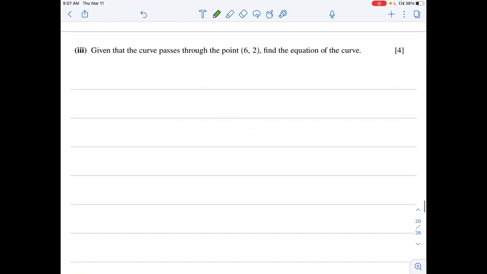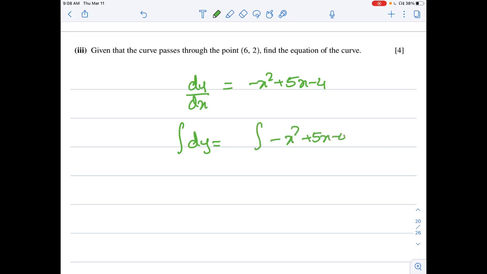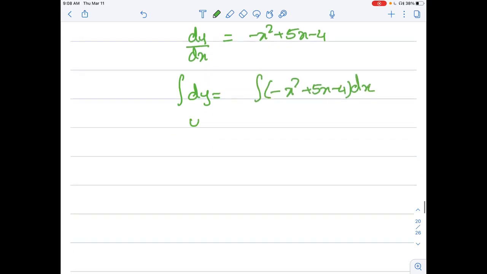Now finally, the third part, given that the curve passes through the point (6, 2), find the equation of the curve. So what was dy by dx has been given as minus x squared plus 5x minus 4. Now to find the equation of the curve, I'll find the integration of minus x squared plus 5x minus 4 dx. So it becomes y is equal to minus x cubed by 3 plus 5x squared by 2